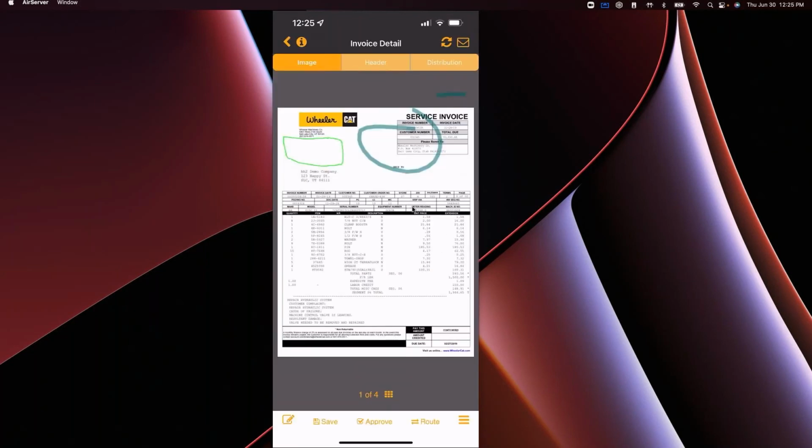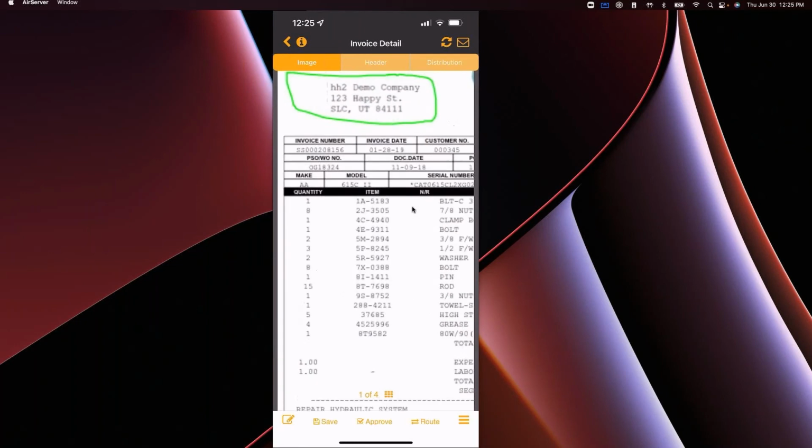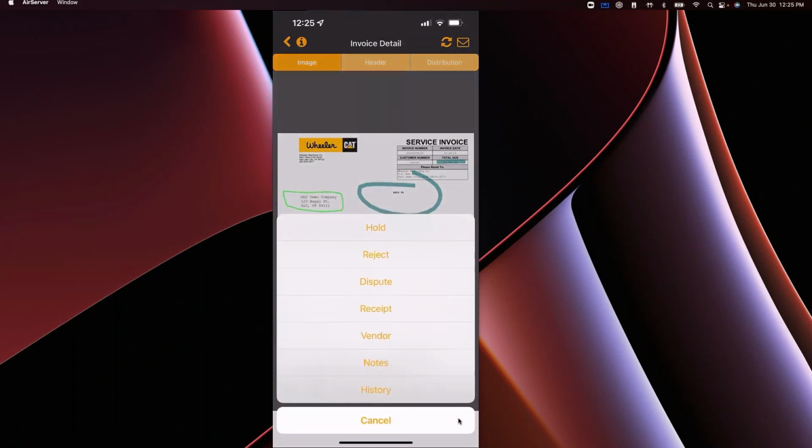And then there we go. There's those annotations I made earlier. All right. And I can zoom in and look at those details there. All right. Down here at the bottom, if everything looked good, I could approve the invoice. I could manually route it to someone else if there was something of concern. And then we have some different actions at the bottom right corner to reject or reroute, add notes, view the history of where this invoice has been.